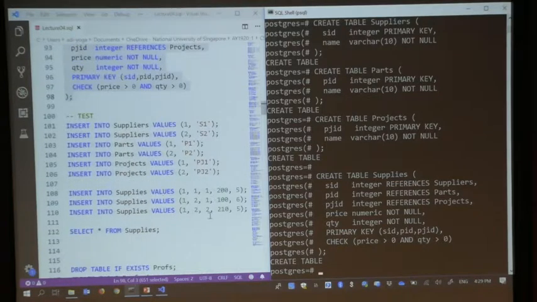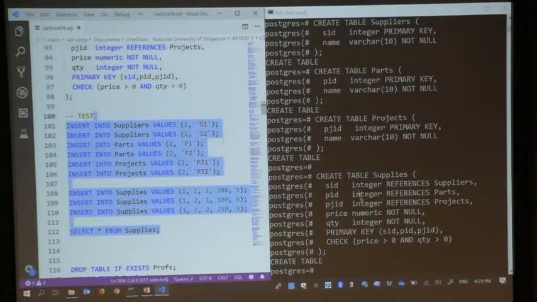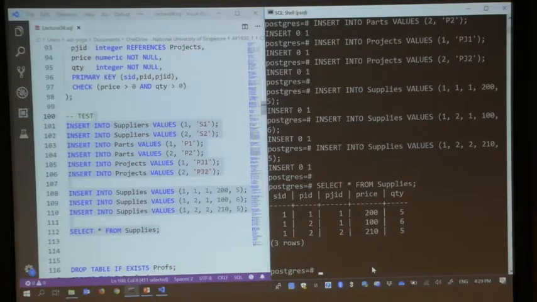You just have to insert more values, and then this is what you will get. Okay, so far I'm only putting in one supplier, but with different parts and different projects. Okay, so any questions?